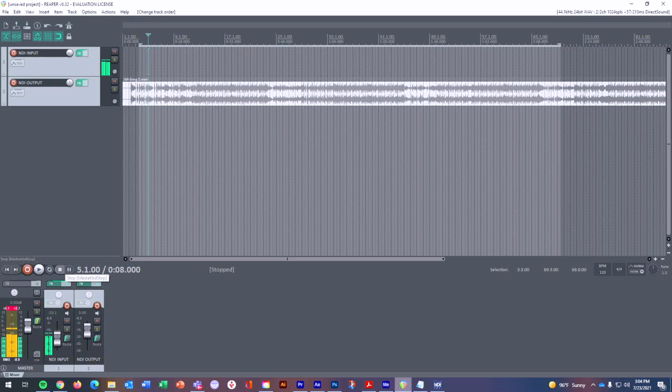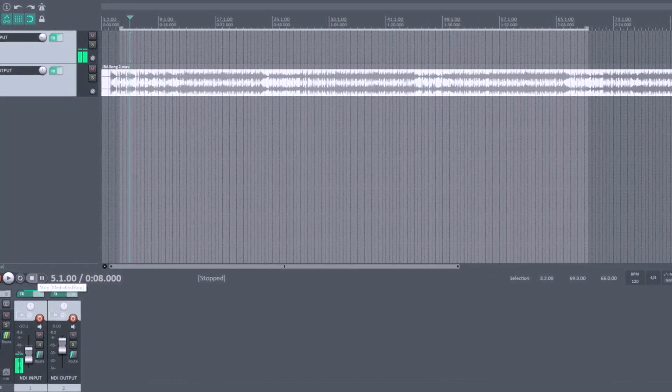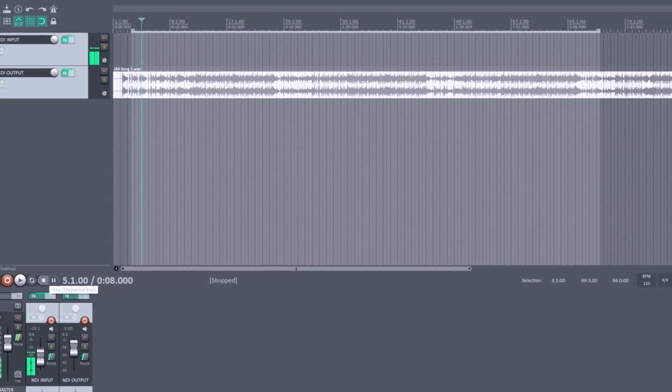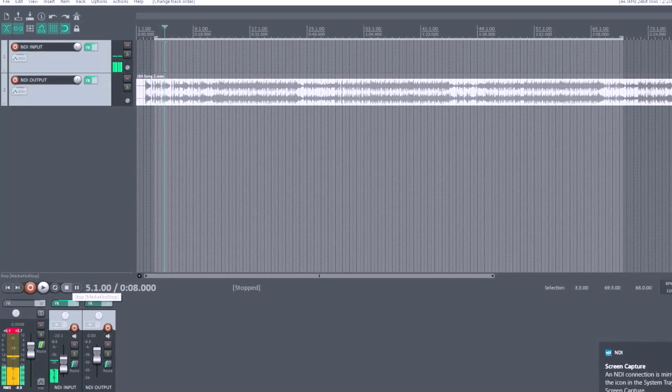So here's the strength of this one for me personally. If we think about a lot of big houses of worship, a lot of places that are mixing on all digital consoles now, this means we no longer have to deal with Dante plugins, right? The requirement of having a Dante plugin to get Dante into that DAW isn't necessary anymore, which means no installing Dante plugins on your TriCaster to get audio the reverse way, because the VST plugins give it bi-directional capability.